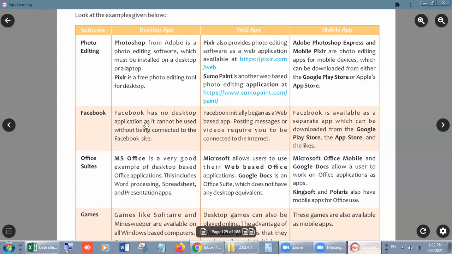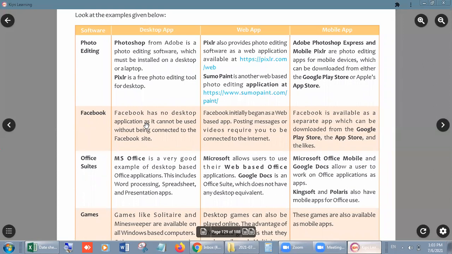Look, students, many of you, I think, are thinking that we are using Facebook on desktop. Then why is it not a desktop app? Because we need a network, we need an internet connection to run Facebook on our desktop or laptop. That's why it is not a desktop app.